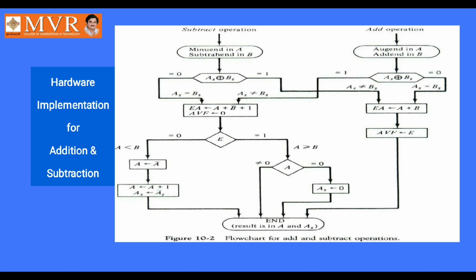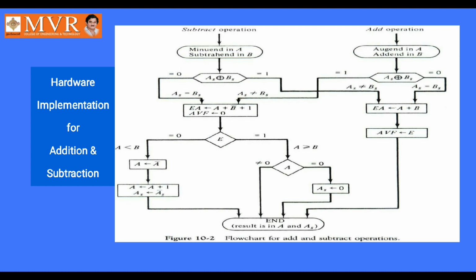Whatever the previous flowcharts explained, we explained them separately there. One is for addition, another one is for subtraction. Here in this flowchart, we have combined both. What is the change from those flowcharts is that we have compared the sign bits of A and B. Here we performed the XOR operation. Based on the XOR operation, we check whether the sign bit of A is equal to the sign bit of B or not, in both the addition and subtract flowcharts.